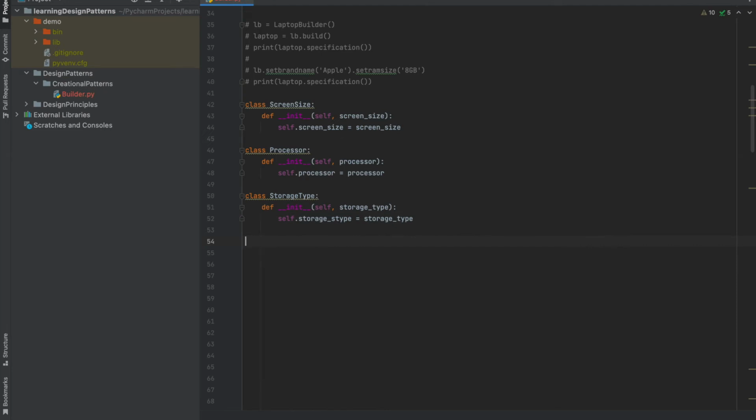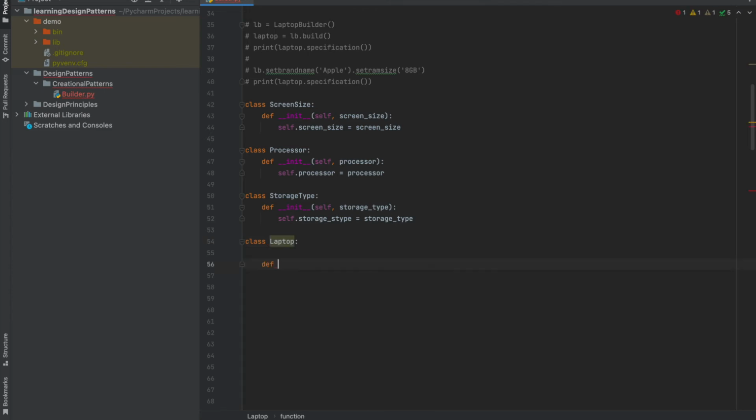Now let us create the class for the laptop, and this will be the object which we would need whenever we are trying to create an object. So this is the final product for you, and this is the class which creates the product component for your builder. If you remember, one of the components in our builder design pattern was the product, right? So this is the product. So we can write class, and since we want the laptop, we can just name this class Laptop,